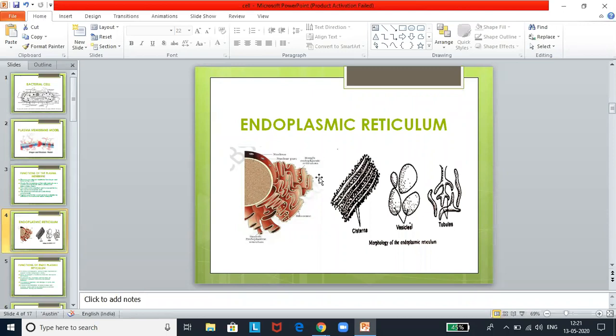Endoplasmic reticulum was first noticed by Porter in 1945. Please make a note of the person who noticed. This is very important. They might ask. It was seen by Porter. It is a highly membranous structure with a fine network of reticulum having interconnecting tubules from the nucleus to the margins of the cell. Endoplasmic reticulum is found in almost all the cells except the mature RBC of mammals.